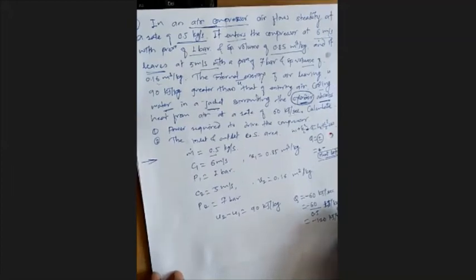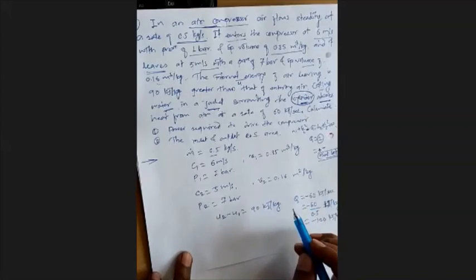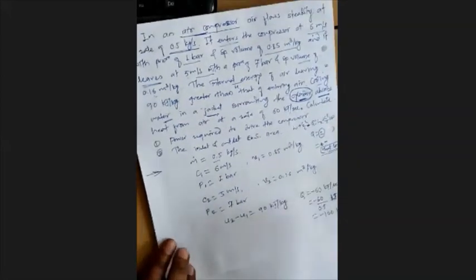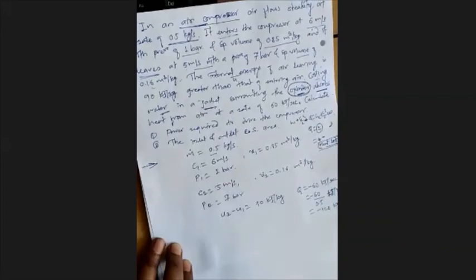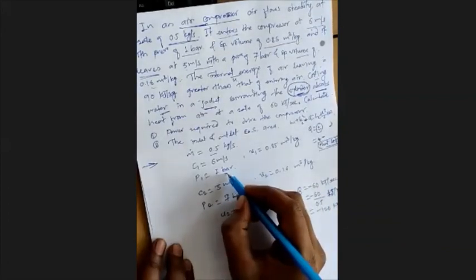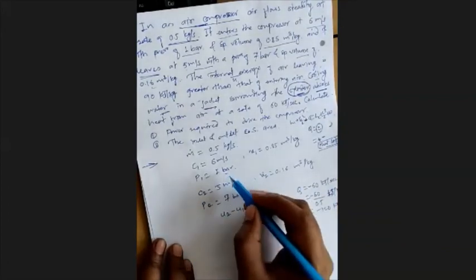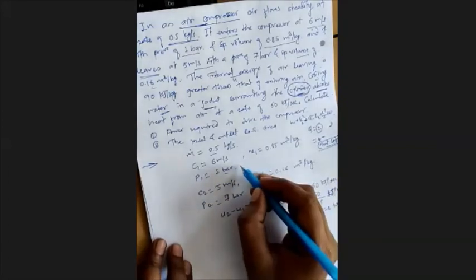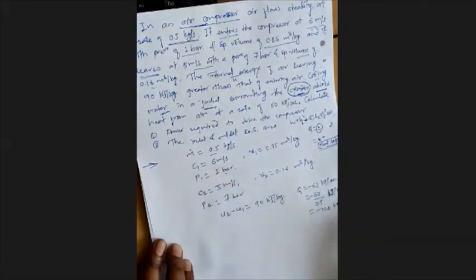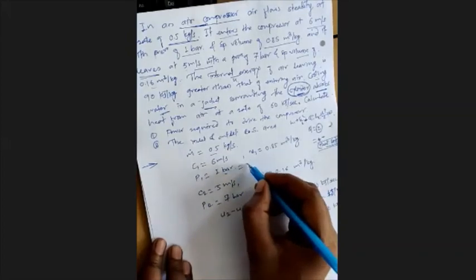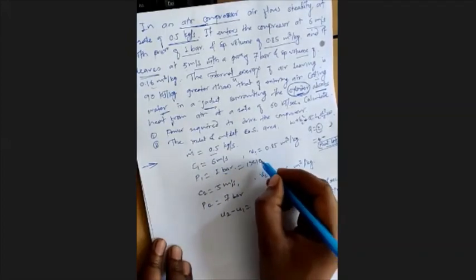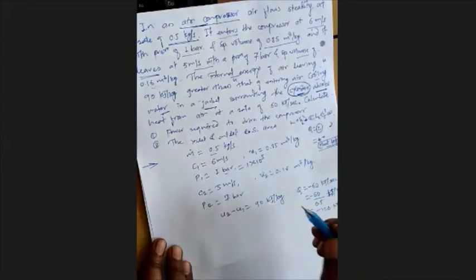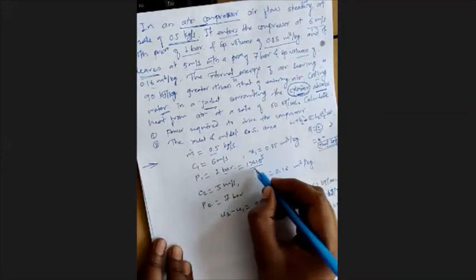So now, do we need to change anything? Yes. Now, before writing the equation and putting the values, the pressure is in terms of bar. P1 is 1 bar, P2 is 7 bar. So, what is meant by 1 bar? I need to convert it into kilopascal. How to convert this bar into kilopascal? 1 bar is equal to 10 raised to 5 Pascal, right? And I need to convert it into kilopascal. So I need to divide this one by 1000, right?